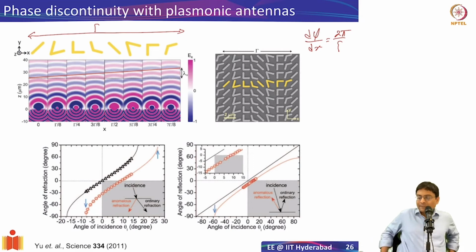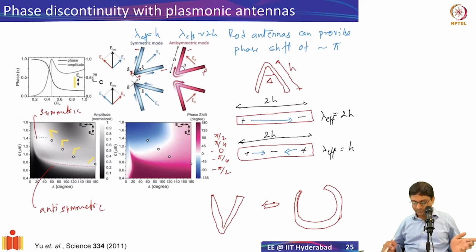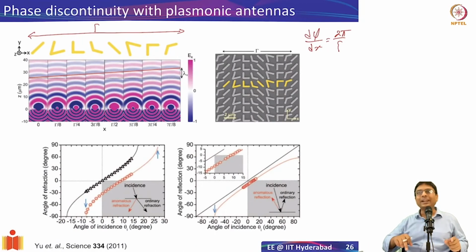So now, the question previously was, how small can these things be? These antennas have some size h. Typically about, let's say, on average 1 micron. If I want to put 8 of these devices, roughly I need at least 8 microns periodicity. Can I put 8 of these antennas in 4 micron periodicity? Obviously not. So essentially it is going to be a trade-off between how accurately you sample the phase and what the physical dimension is.